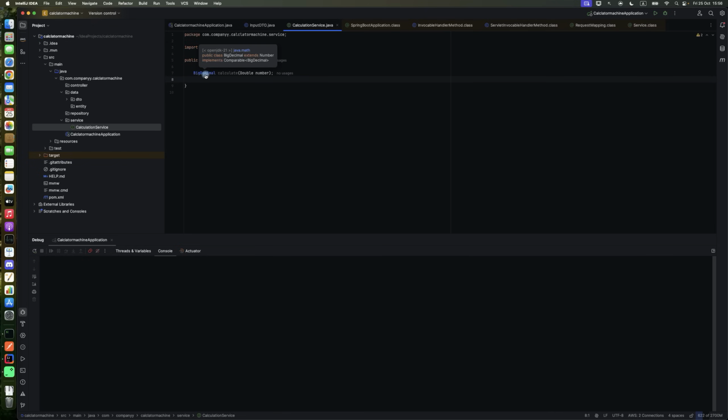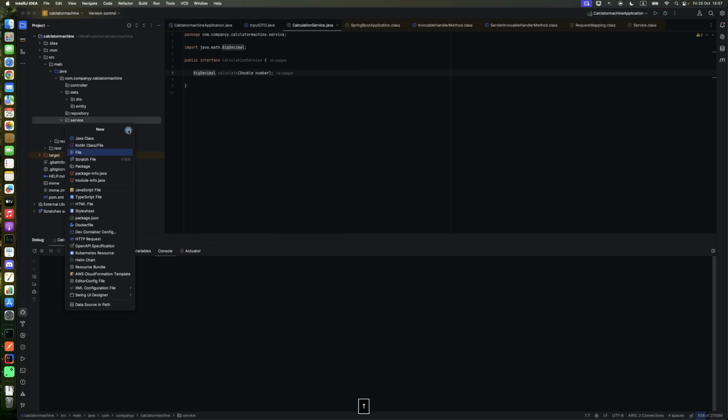BigDecimal is a class in Java from the java.math package, like you see here. It's used for very precise calculations like banking transfers and so on. So the best practice is to use BigDecimal here for doing calculations. So let's implement this method. We create another class,